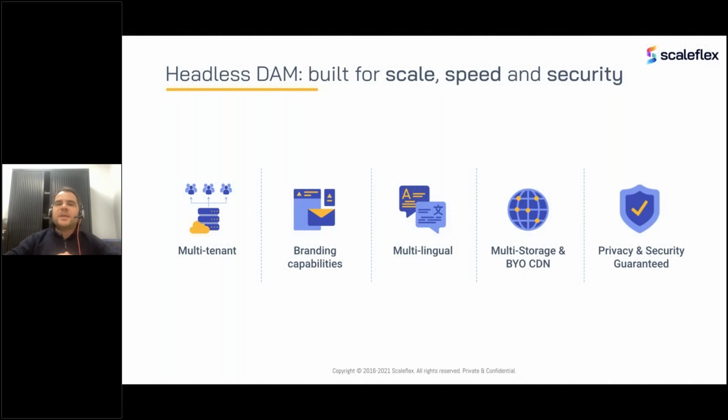And if a customer has his own CDN contract, then he can very easily plug it to our DAM backend. And I mentioned multi-storage with different geos. This is obviously extremely important with regards to privacy regulations, and we think that it's